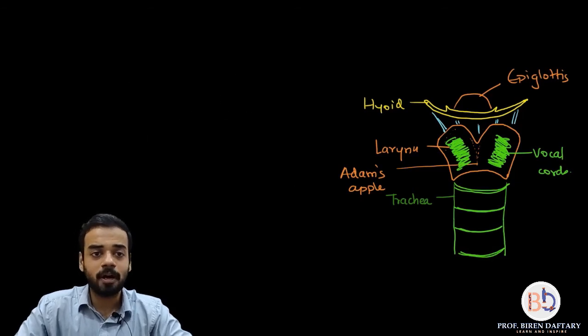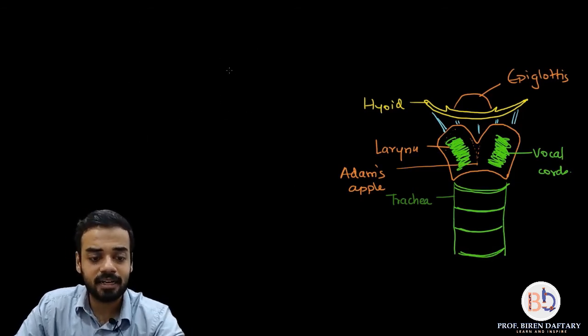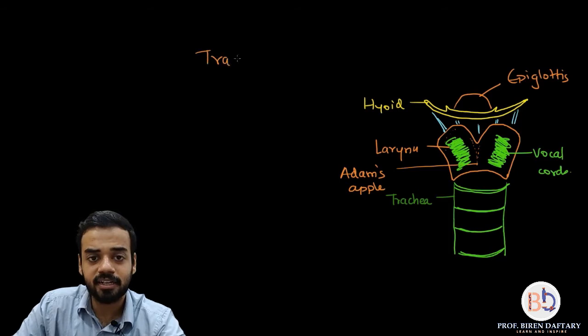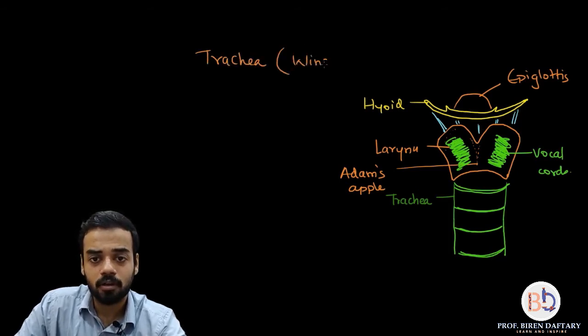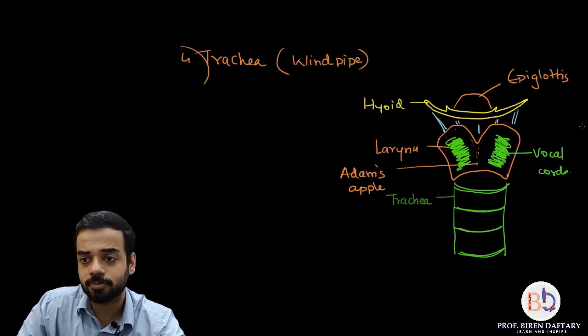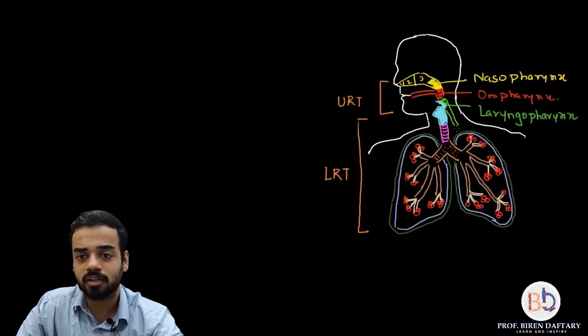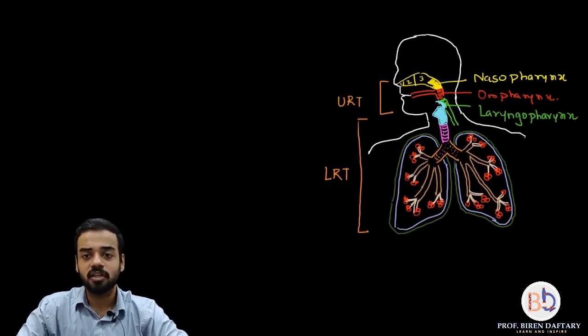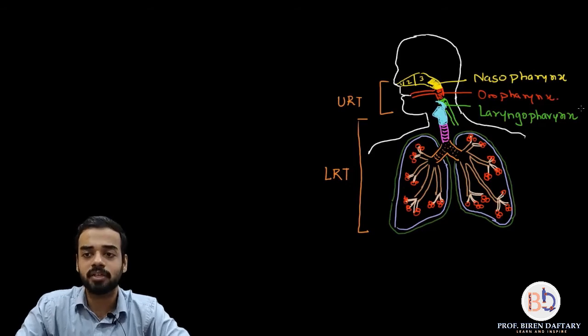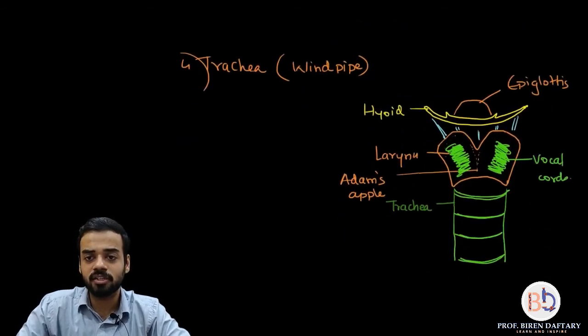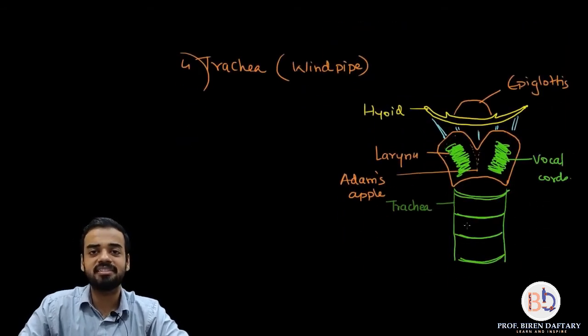Now we come to the part which is present below the larynx, and that is called the trachea. Trachea is also called the windpipe. So this is the fourth part now in your respiratory system anatomy. Let us go over here. So over here I have shown the trachea with this purple colored structure. So you can see there are rings present. Okay, you can see them clearly over here. These green rings are present, C-shaped.